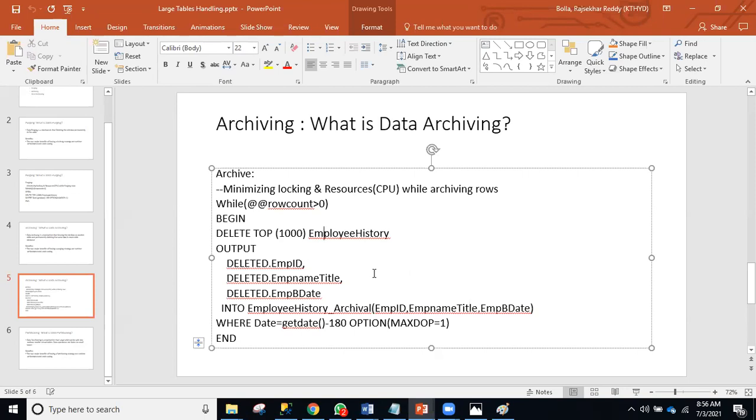For 10 years, team, I have been following the same thing. I used to read blogs and so on for at least 1 hour a day. So this is about the best way of archiving, team.